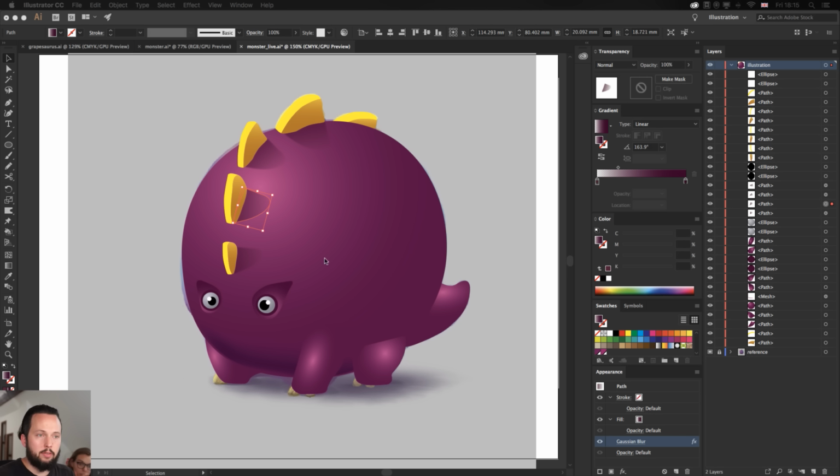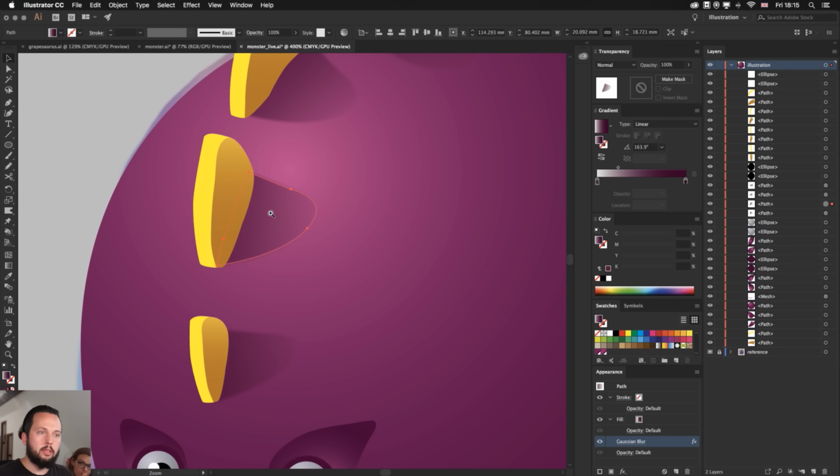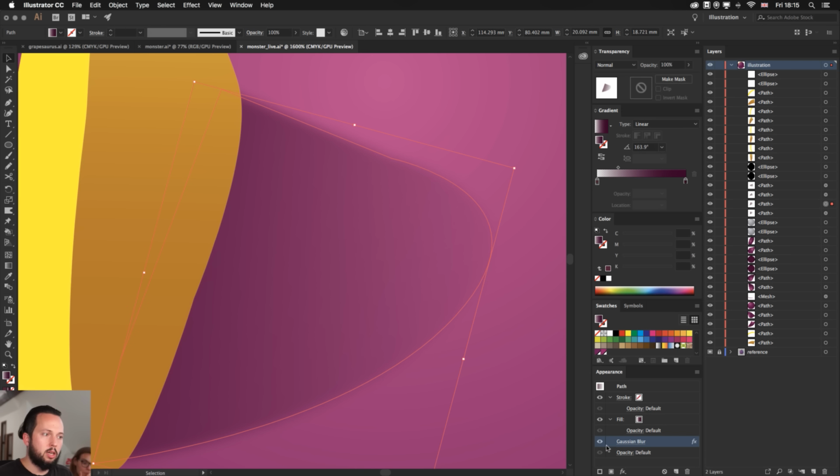So the cool thing is that if I zoom closer to this, let me just zoom a little bit closer. Cool thing is that I can always turn this effect on and off. So you can see it's still vectors. It is just a temporary state. We call it live effects. Anything that you apply and shows up in the appearance panel, because you can make changes to it. So it is still vector, but shown as pixels.